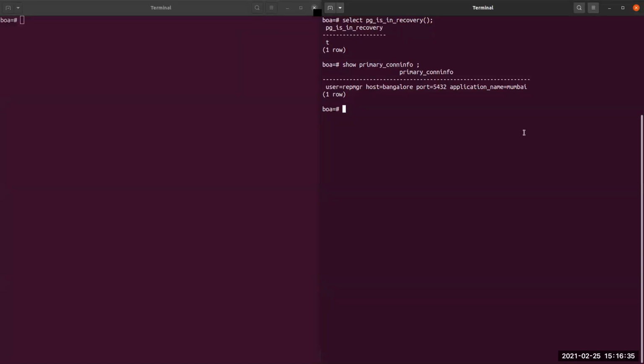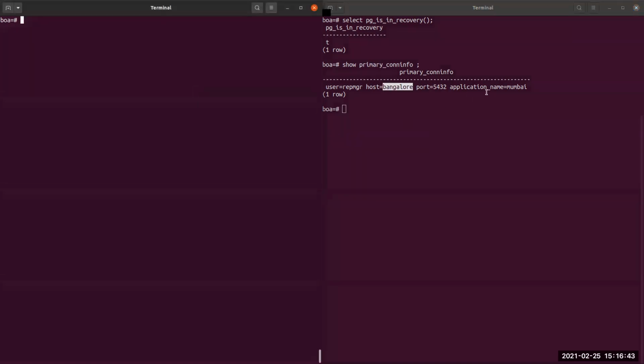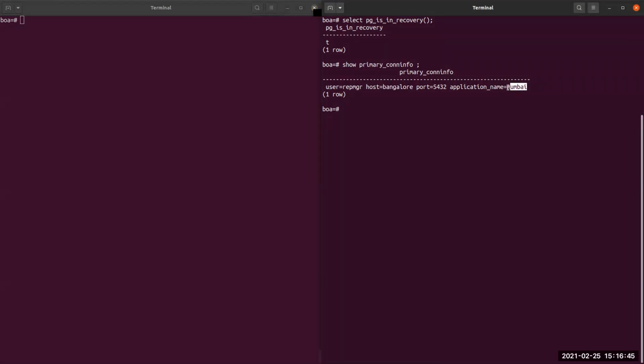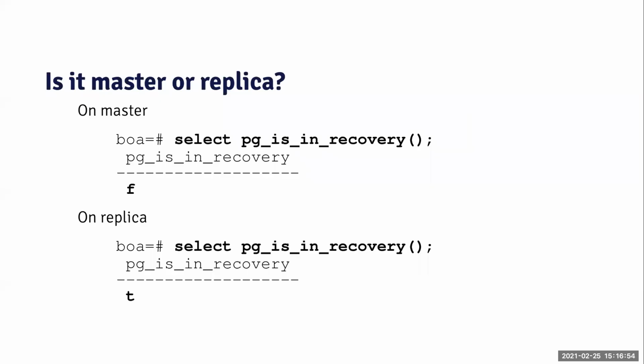Okay, so here in the primary connection info, it tells me who it is connecting to, and it tells me that it's connected to Bangalore, which is the node that I had here, and it's connected as itself, the node Mumbai. Now, know that I didn't put the password here. That's very important when you configure your replication, that your password is actually configured on the pgpass, so that you don't have to put it in the connection information of the database. Okay, so